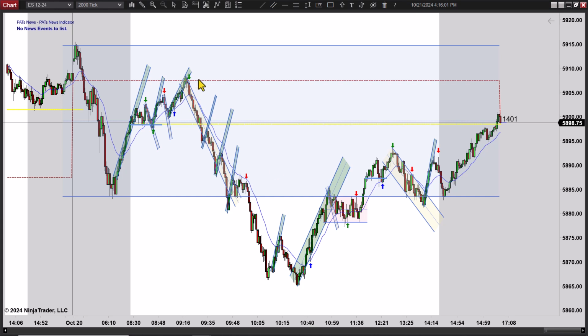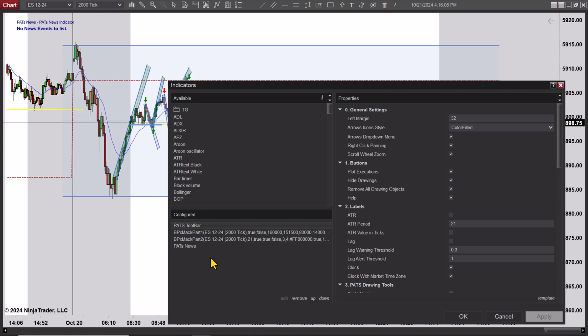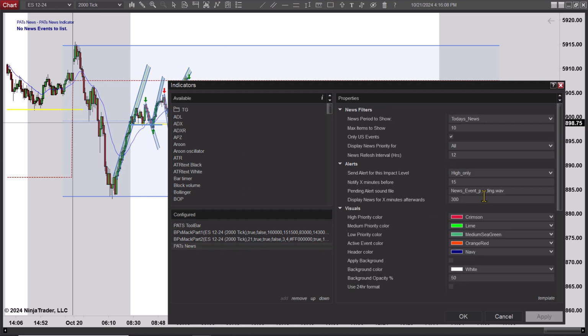And the problem is, let's go back in here again to this indicator. There's a setting here that says how often it refreshes your news interval. Change that to 12 hours, because what's happening is, I guess there are so many people using that XML file that Forex Factory is now limiting how many times you can connect within a certain period of time. So if you've got 3 or 4 charts open and you have the news item on all of them, and